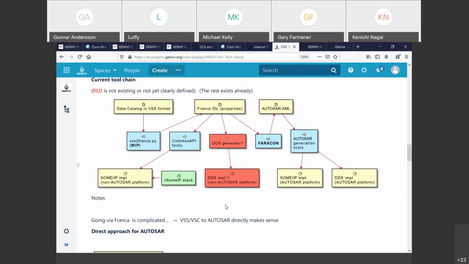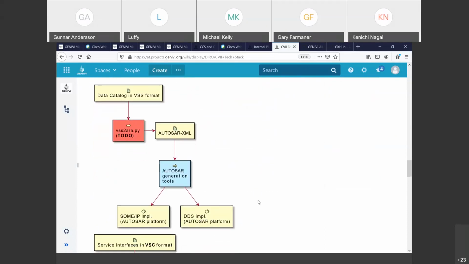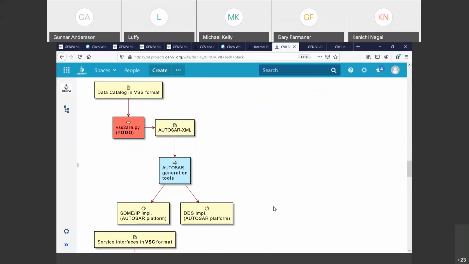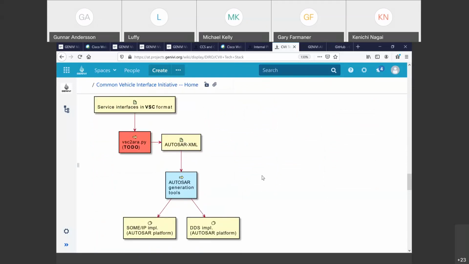But this is a somewhat complex tool chain, so more likely we're looking towards something like this. And I think Piotr will guide us through some ideas around that, where we can map VSS and VSE, being the working names for what we envision being the standard models for data and services,